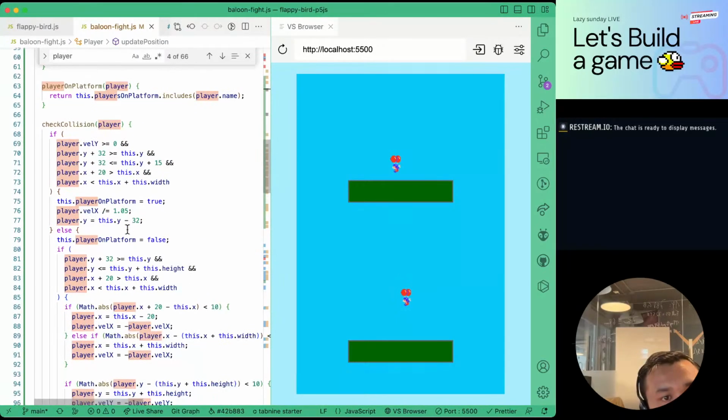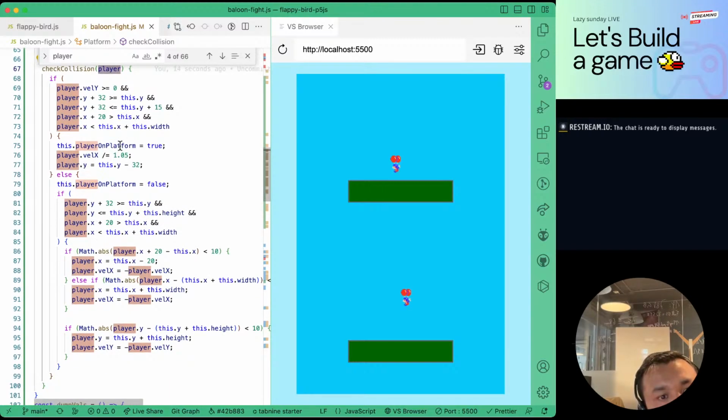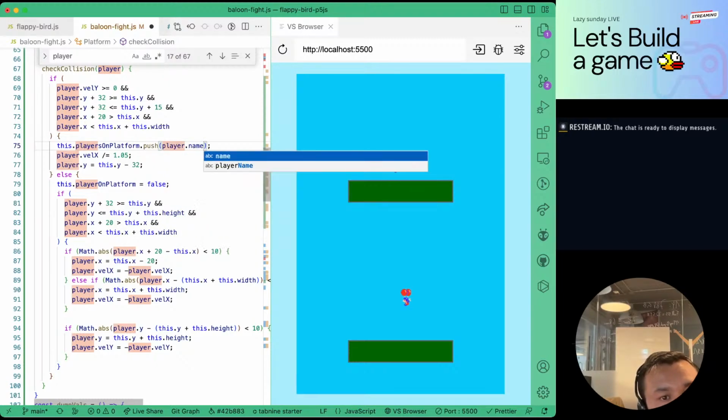Whenever we check for collision, what we want is the player who is being checked, and then this.playersOnPlatform equals platform.push, right? Else